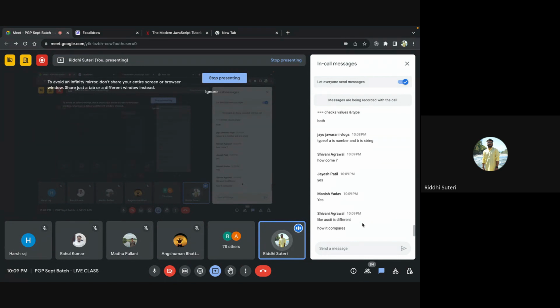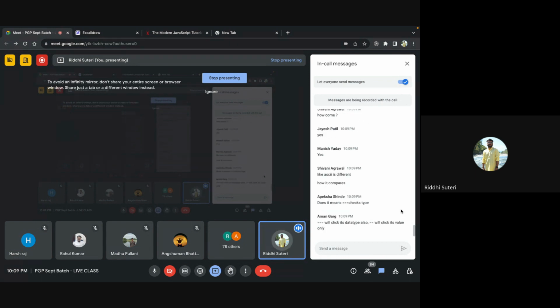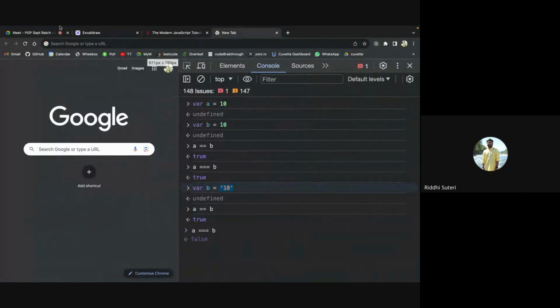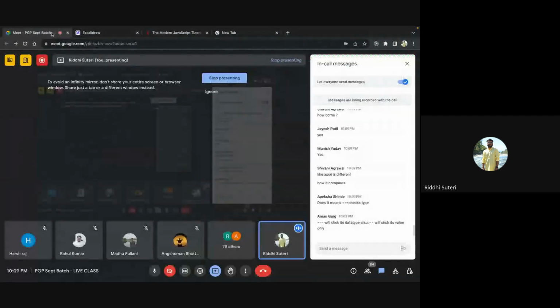See, it compares based on the data types. This is a number data type. This is a string data type. The double equals to only checks for value comparison. Triple equals to checks for the value and type comparison also. Yes, exactly. Right, so that is about this also.